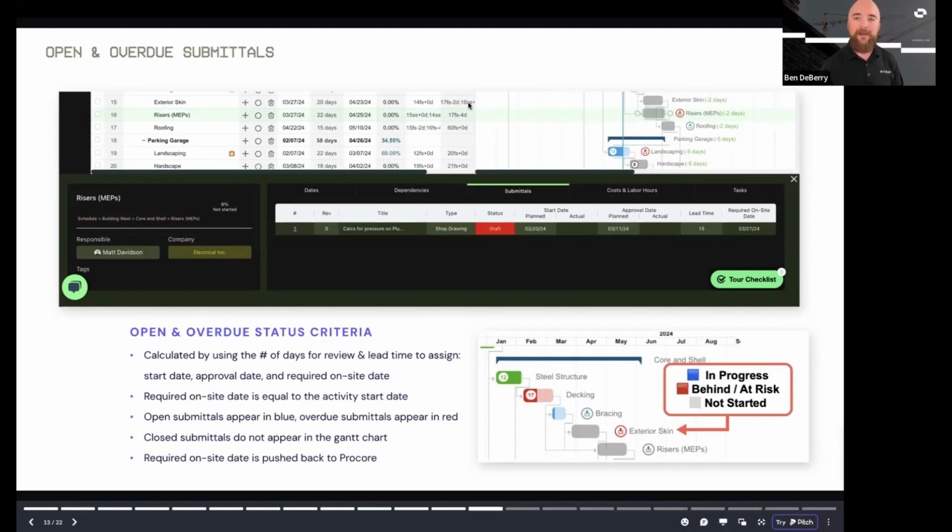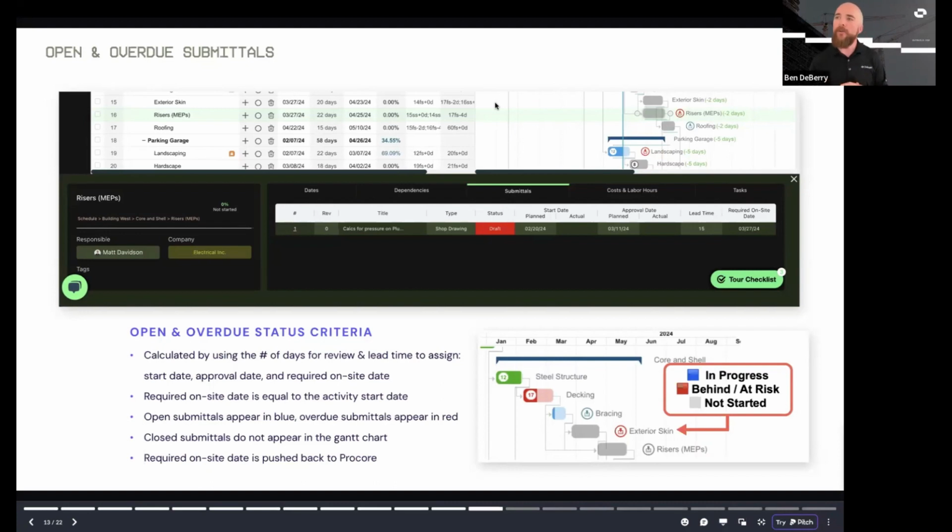And I see we've got Carrie on here. Carrie's asking, is there a particular nomenclature, some sort of specific schedule name that you need to put in for it to connect to submittals? You just need to make sure that on the Procore side you have a setting set for your schedule calculation, and that will allow you to pick the drop down and actually connect your submittal information to your outbuild schedule. Yep.